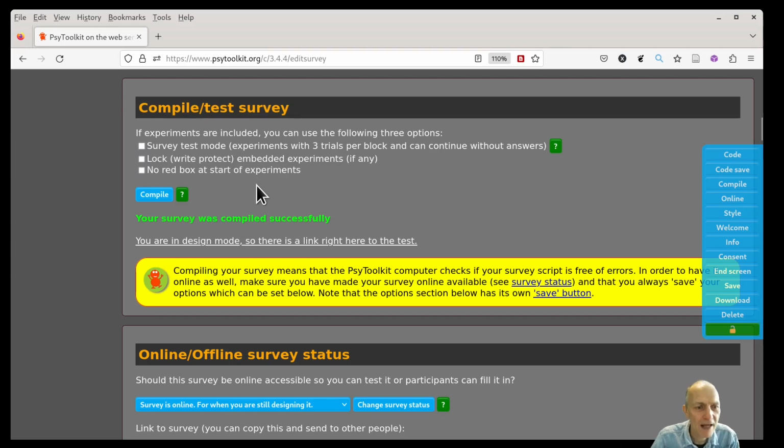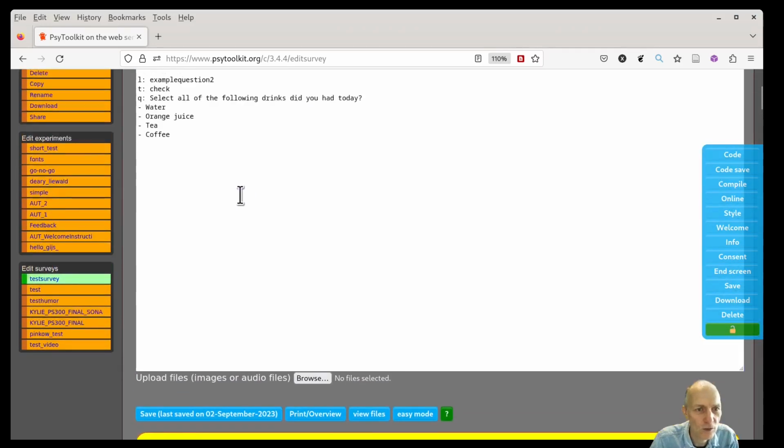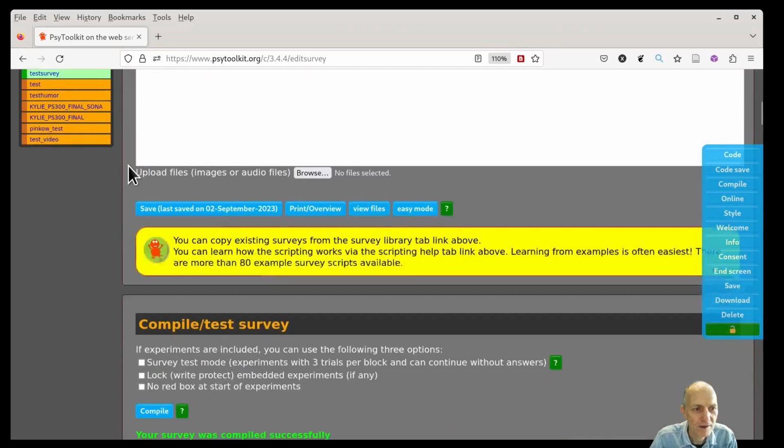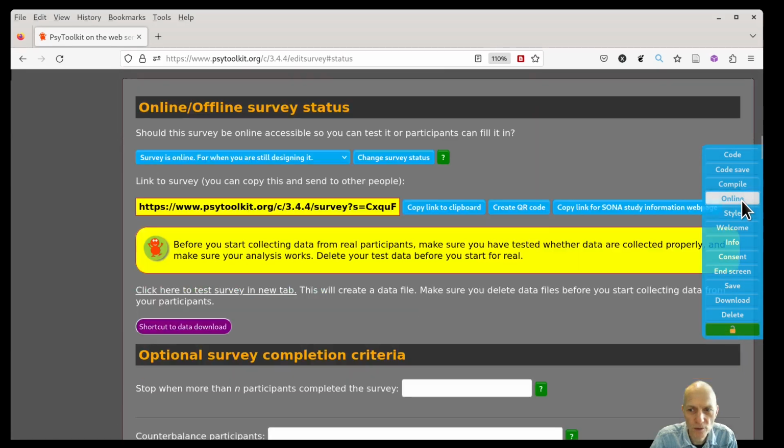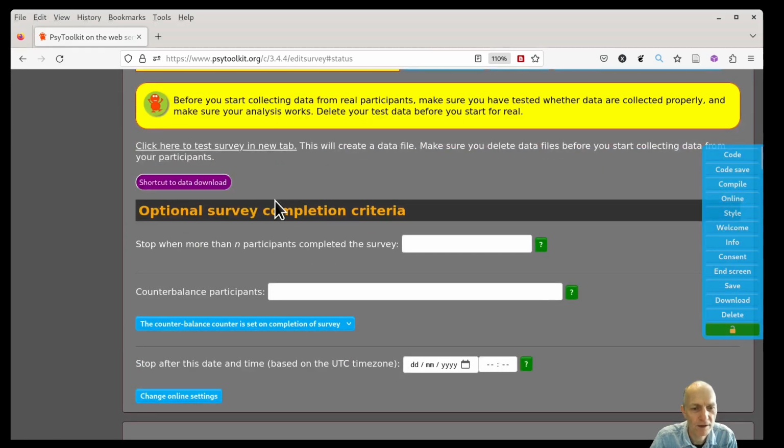Now we come to what we really want to talk about, and that is having a unique ID. Now, what does that mean? If we go to the online stuff here,